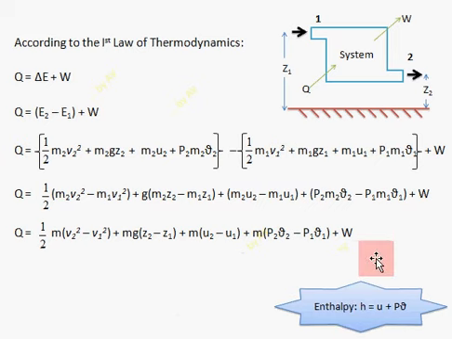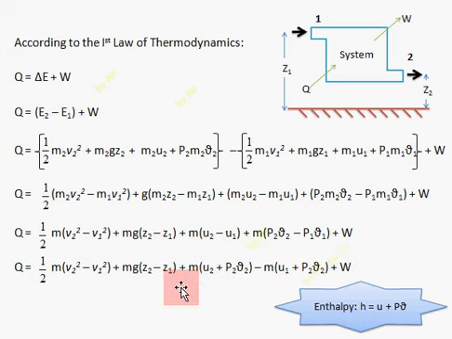Now we need to include the enthalpy. Enthalpy is the sum of internal energy and flow energy. Now this equation has to be modified so that it comes as U plus PV. You can see that the kinetic energy and potential energy are written without any modification. Now coming to this point, this U2 is written and P2 V2 is taken from this point and included here. Similarly, U1 is taken here and P1 V1 is coupled with U1, so that U plus PV will act as enthalpy. Similarly here also.